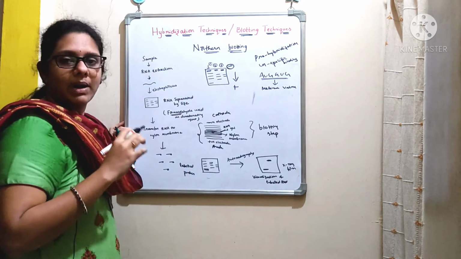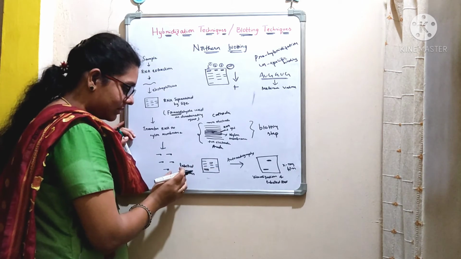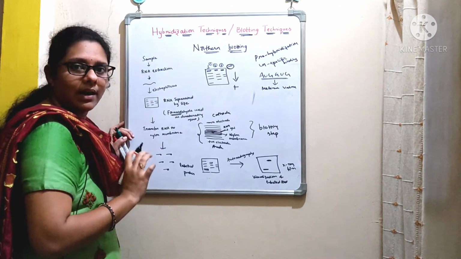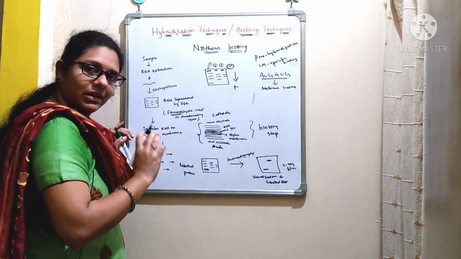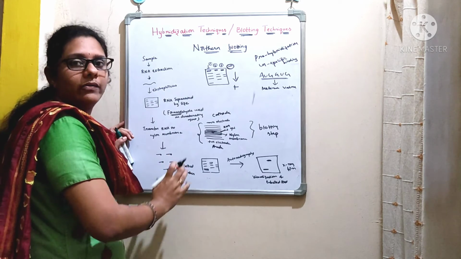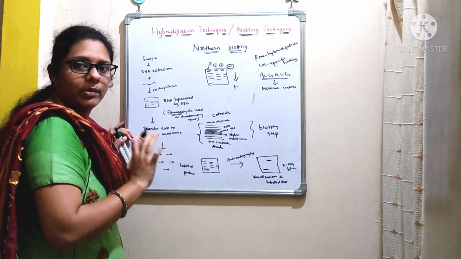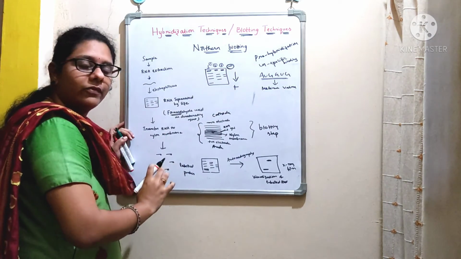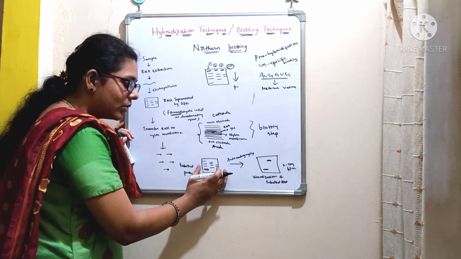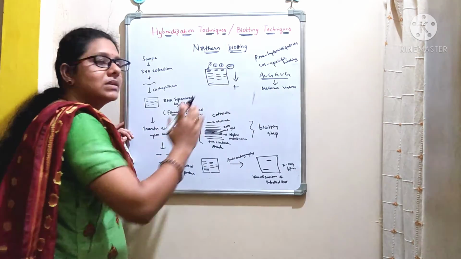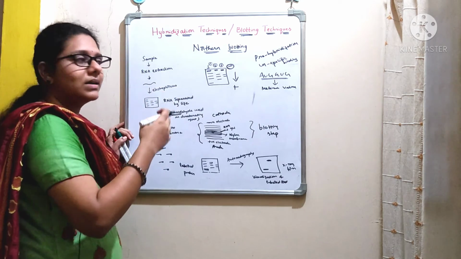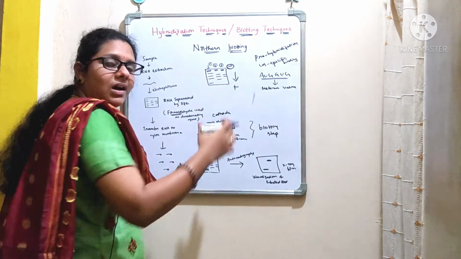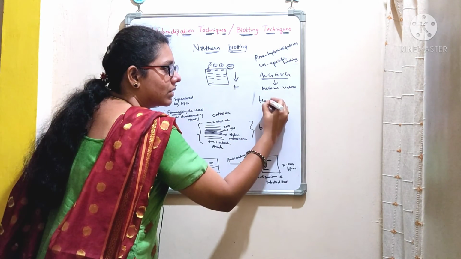Unspecific binding in the sense is like, see, these probes are complementary to this RNA sequence and it will hybridize with the RNA. Right? But here we want only the specific binding of the probe but not the unspecific binding of the probe. To avoid the noise and to avoid the unspecific binding of the probe onto this membrane, we are going to treat this membrane with a pre-hybridization buffer, or we can also call it a blocking buffer. Here in the step of pre-hybridization, we are going to use a blocking buffer.